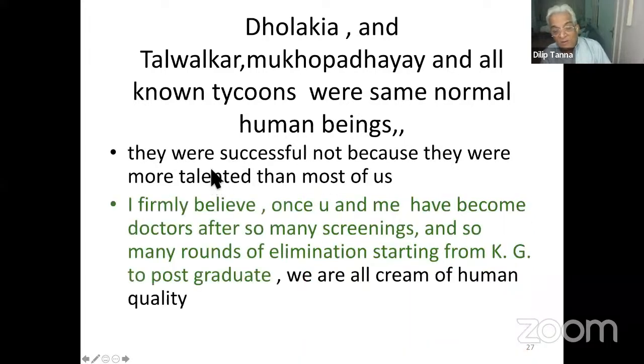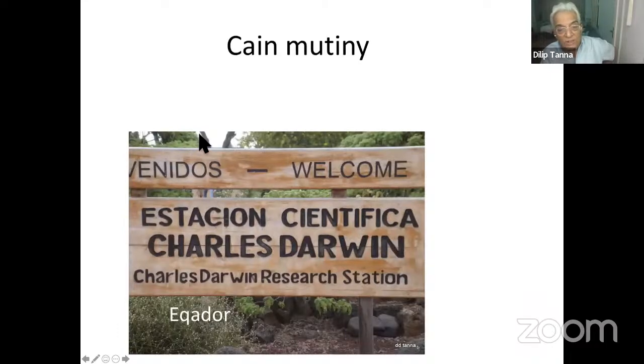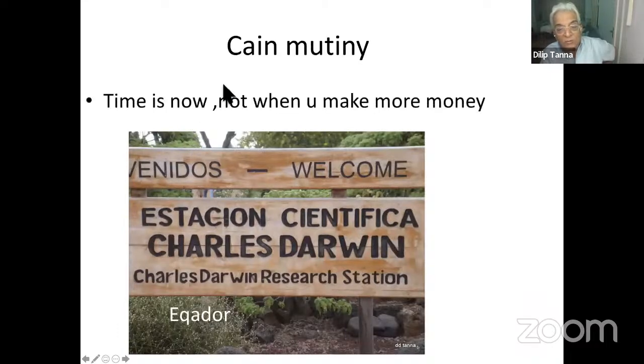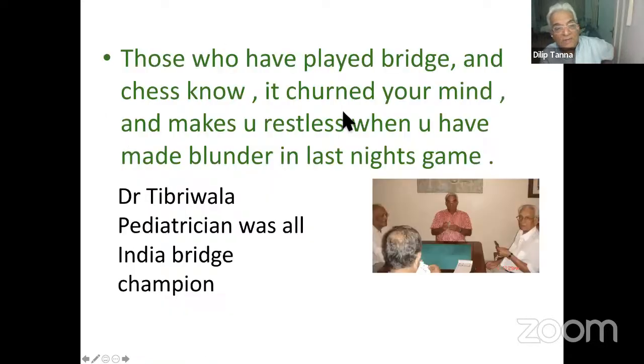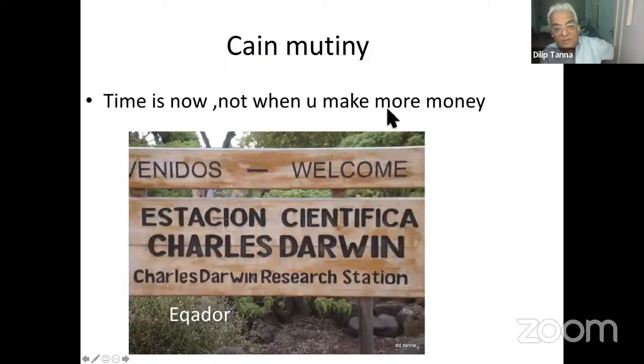I firmly believe that once you and me have become doctors, after so many screenings and so many rounds of elimination, starting from KG to postgraduate, we are all the cream of human quality. The Caine Mutiny has beautifully mentioned a letter to his son. This is a story. Time is now, not when you make more money. He has written a letter to his son. He says, you open it up only after I am dead. And when the father dies, the son is so keen to open up the letter. And the father tells the son,